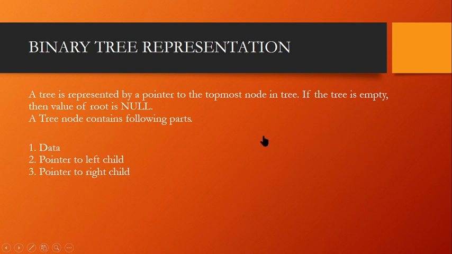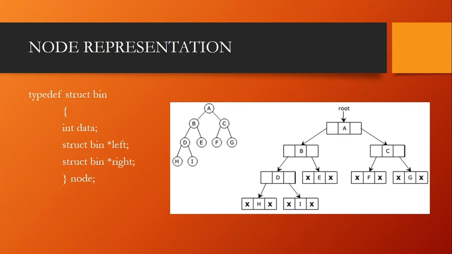Remember, we are dealing with singly linked list, like how we learned polynomial manipulation. Here also we have three partitions, because we need three important things to be accumulated. We need data, and then we need the address of the left node, and the address of the right node. Look over here, this will give a clear picture. You can see an example.